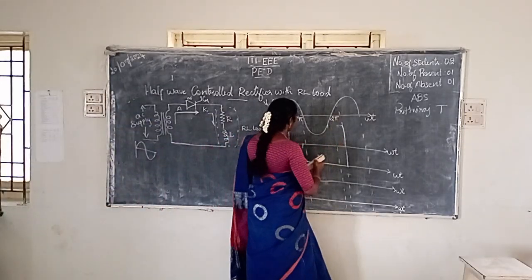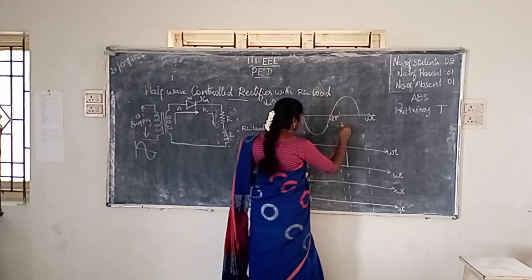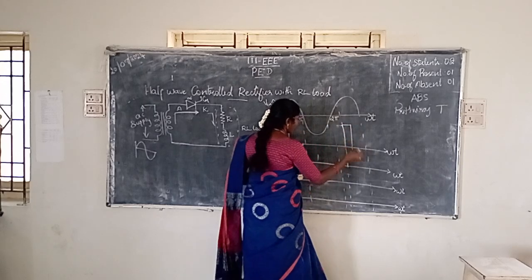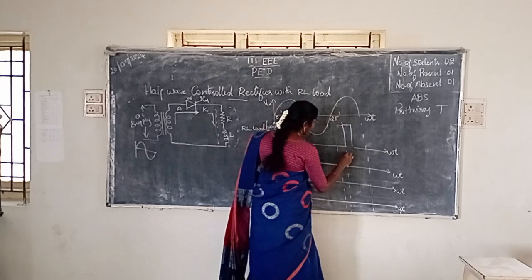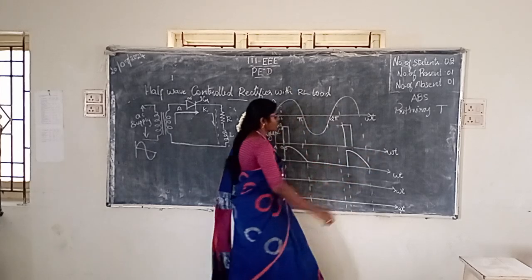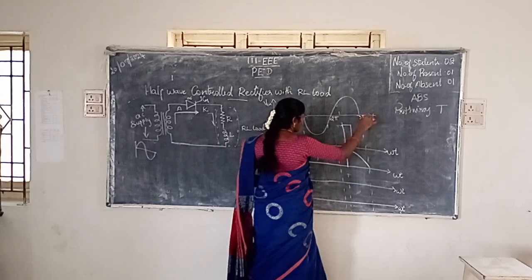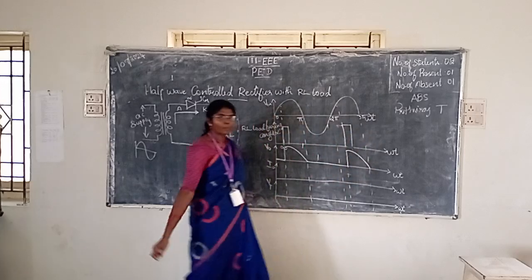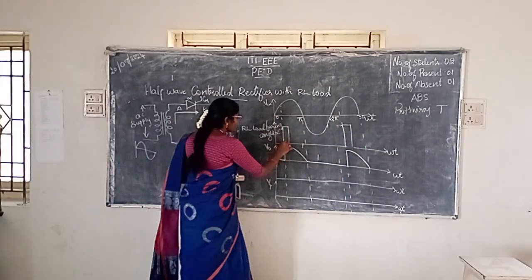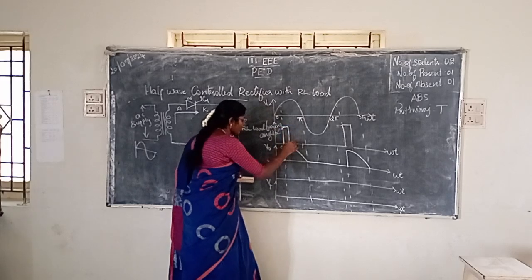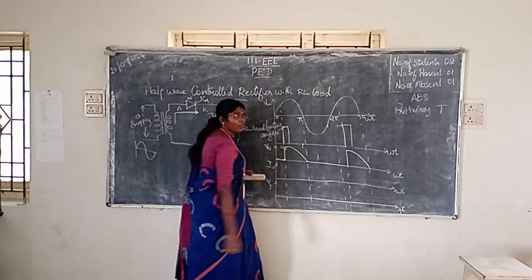So the firing pulse we are using here, right? Here only we are giving the firing pulse. Once the firing pulse is given over here, it will not turn on. On the next 3 pi, it will reach 0 again. Clear now? Once the firing pulse is given, it will turn on at the same point, and